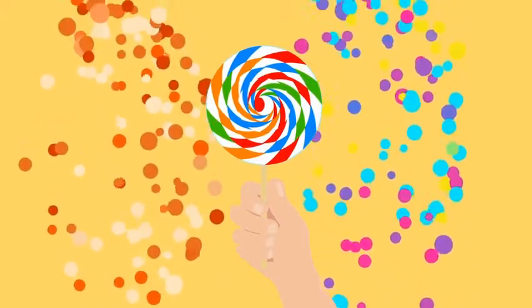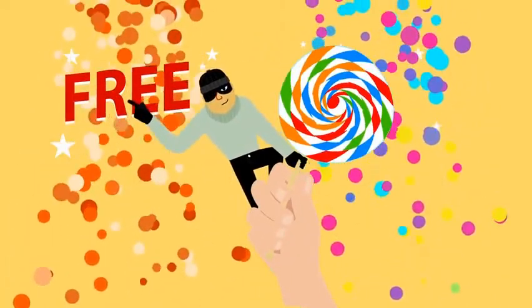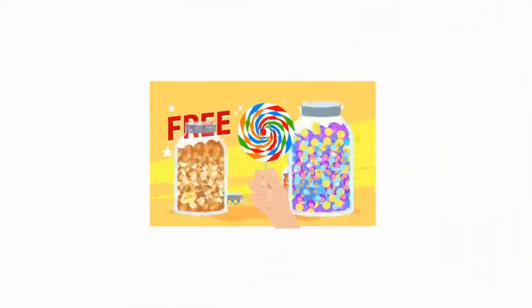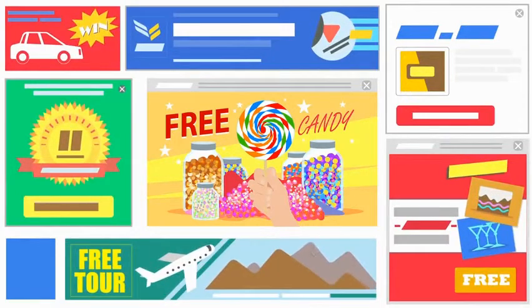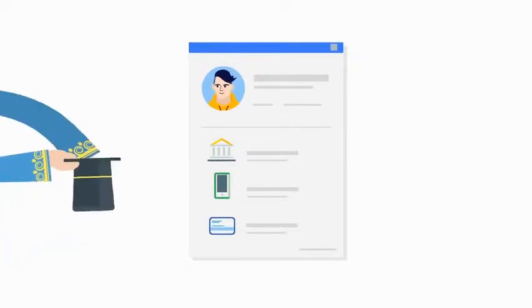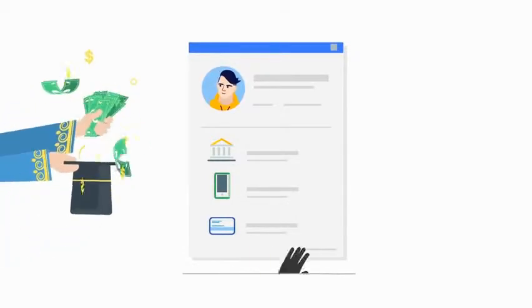Most of the stuff you find on the web is good and can be useful. But just as in the offline world, you also need to watch out for the occasional bandit. In the offline world, if a stranger offered you some candy, you'd know better than to take it. The same principle applies online. If someone offers you a discount coupon, asks you to take a survey to win a free smartphone, or tells you that you won a trip to Hawaii, you should be suspicious of the content and the intention behind it. Social engineering is a technical term for content that tricks you into revealing personal information, like your login details or credit card number. Social engineering attacks can happen over email, ads, or web pages.